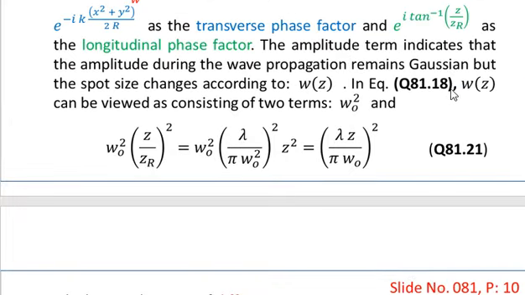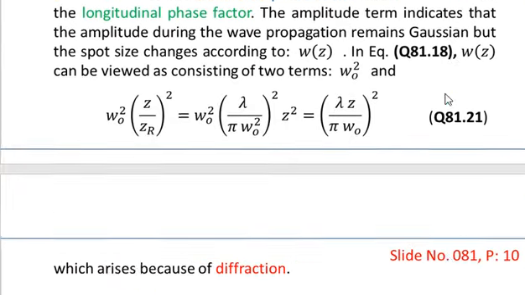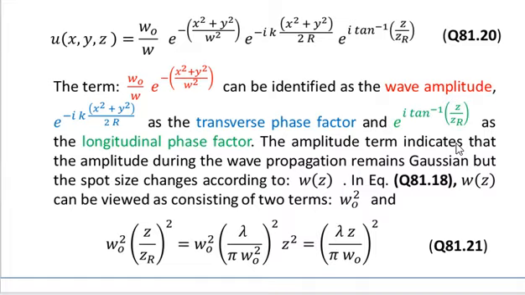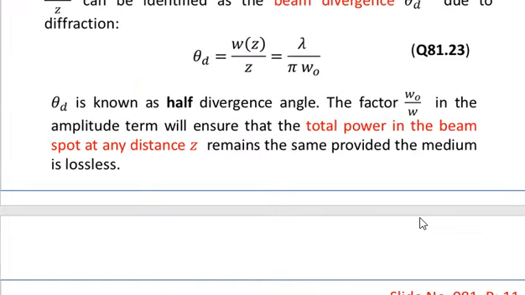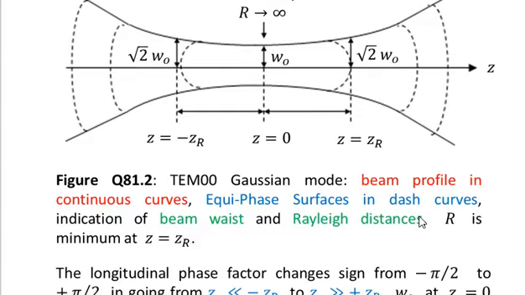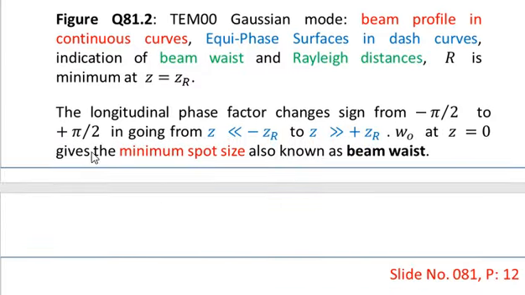Tan inverse of 90 degrees is actually pi by 2. Tan inverse of infinity is actually pi by 2, because zR becomes so small over here. For example, over here the longitudinal phase factor changes sign from minus pi by 2 to plus pi by 2 in going from z much less than minus zR to z much greater than zR. So under this condition,